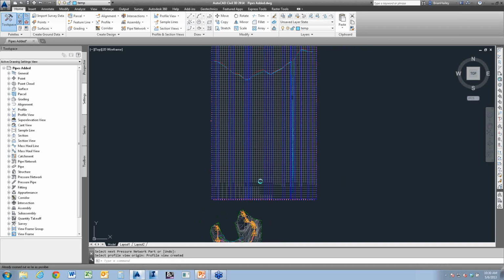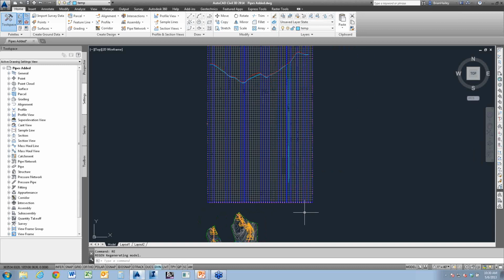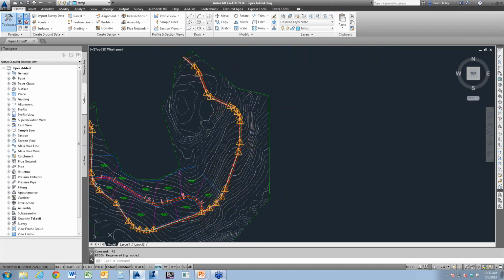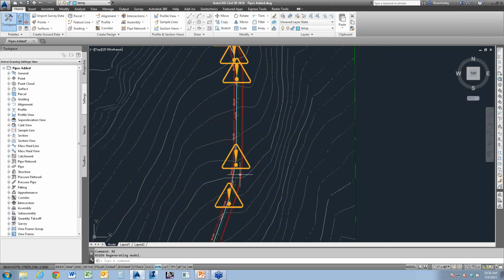So what happened when I first created this particular pipe network, when I created one of the bends, I missed. So when I placed the bend in the drawing, I missed my snap. I meant to snap to the end of the line, but I missed. Or I snapped to something wrong.